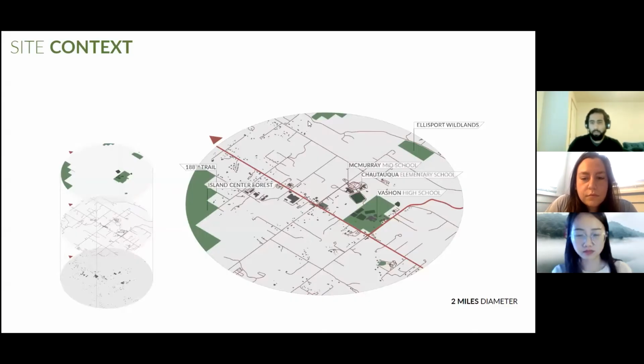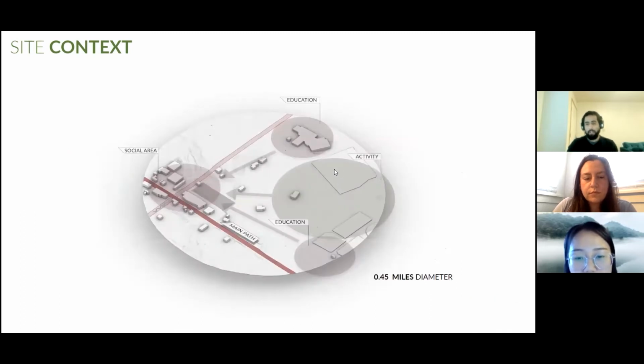At the very beginning, we looked at the site within a larger proximity and started looking at relative spaces that we can incorporate, learn from, and connect to our site. We looked at green spaces and schools within the site's proximity, but then decided to focus a little bit more. Within that scale, we saw a high density of educational facilities or institutions with some activities geared toward that kind of demographic. We also have some social areas and spaces across the street from the Vashon Center of the Arts. So we decided to focus our concept and design